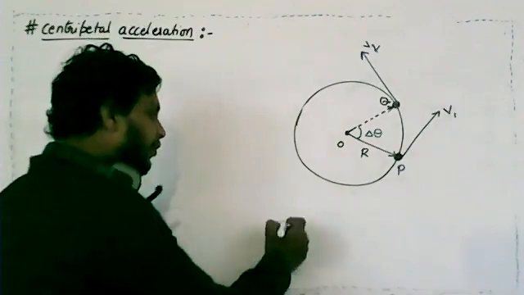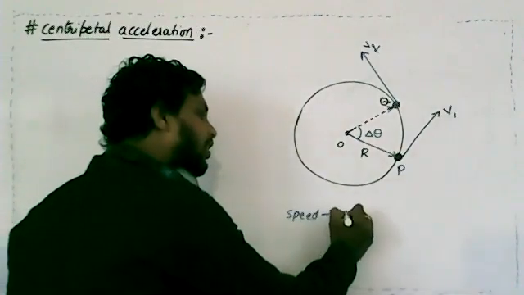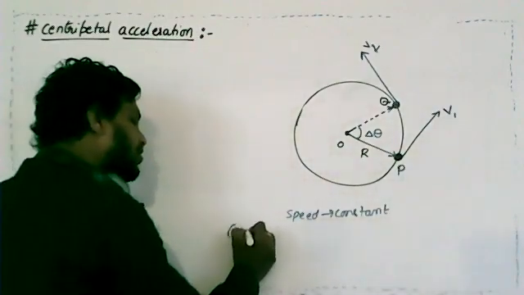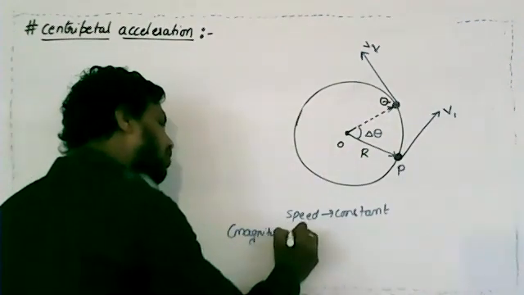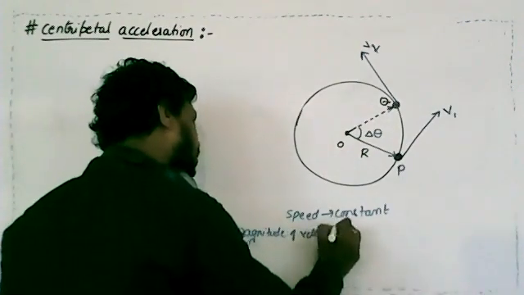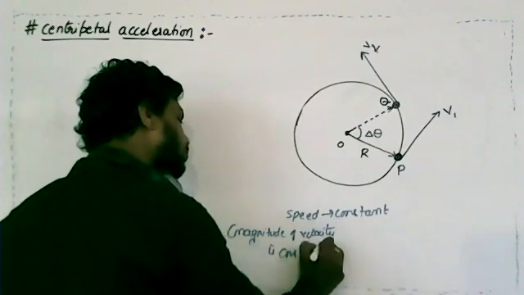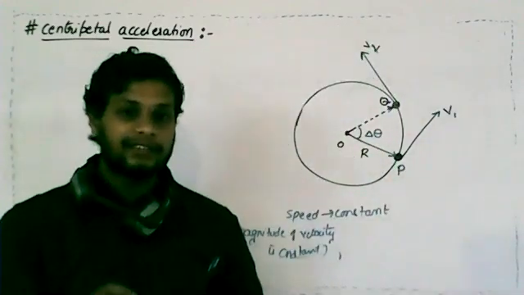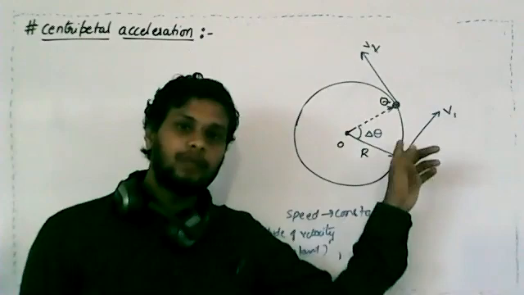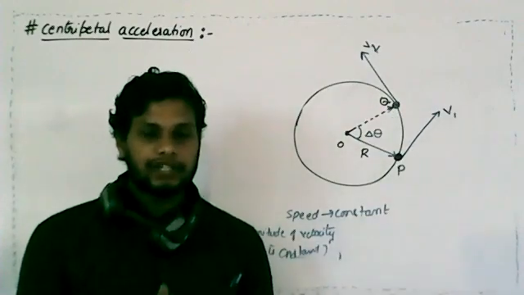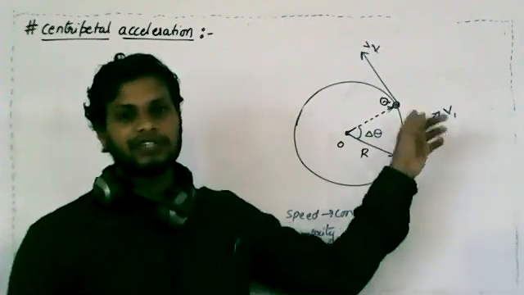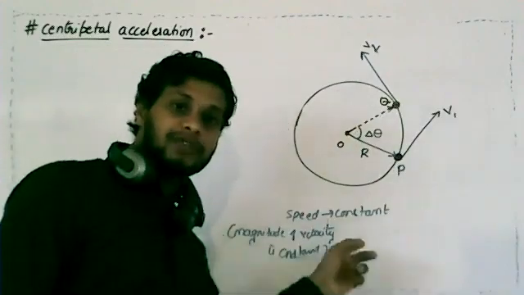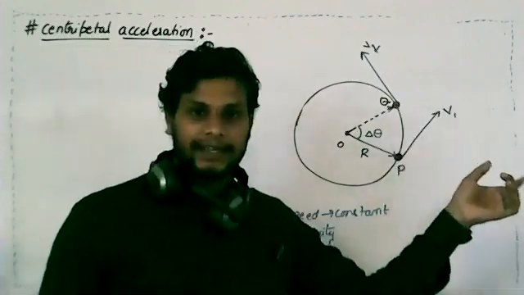Even though the speed is constant, or the magnitude of velocity is constant, still we can say that acceleration is present. Why? Because from point to point the direction of the tangent changes. The direction of the tangent gives the direction of velocity, so if the velocity changes, obviously there exists acceleration. Therefore, even though it is moving in uniform circular motion, still we have acceleration.